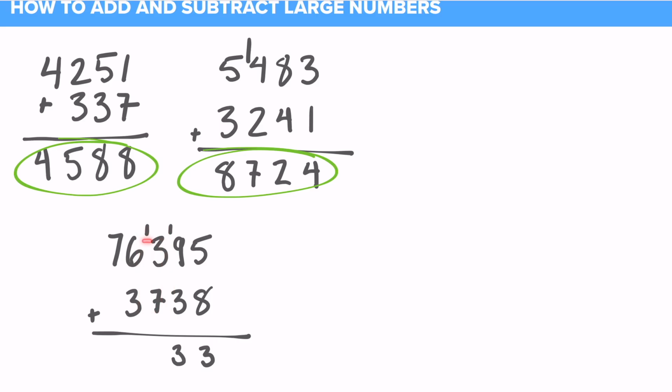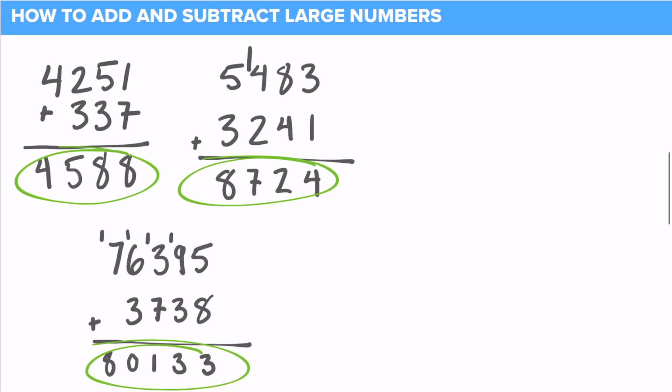I'm going to do 1 plus 3 plus 7. That actually gets me 11. So write down the 1, carry the 1. 1 plus 6 is 7 plus 3 is 10. So I'm going to write a 0, carry the 1, and I get an 8 down there. My answer is